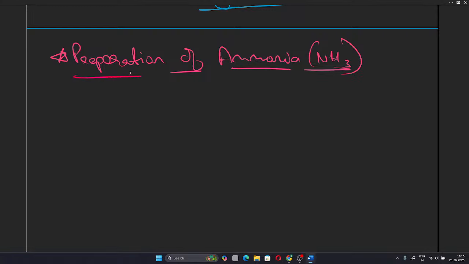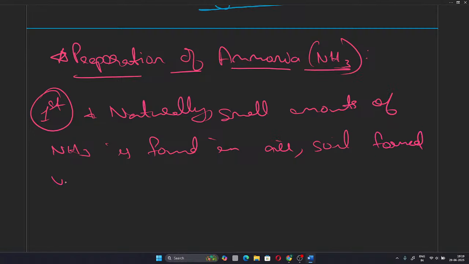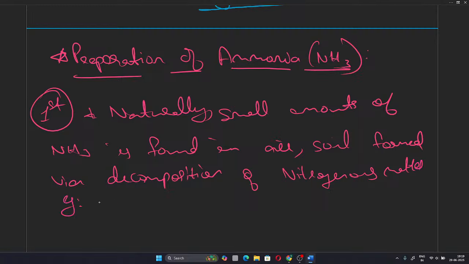Preparation of ammonia. First method, naturally small amounts of NH3 is found in air, soil, formed via decomposition of organic matter or nitrogenous matter. Example, urea. This reaction is